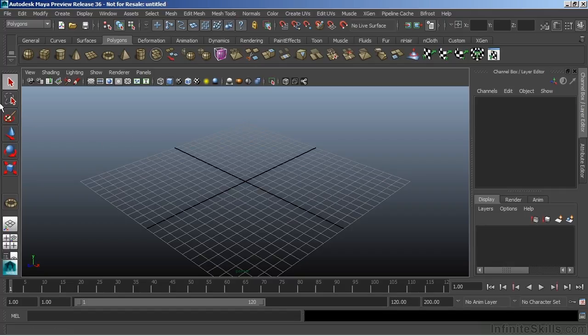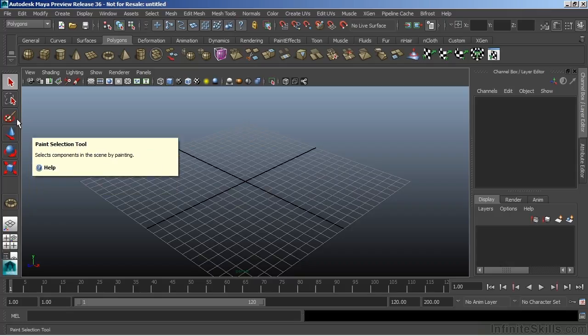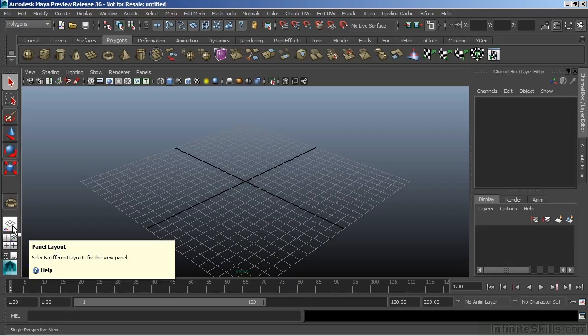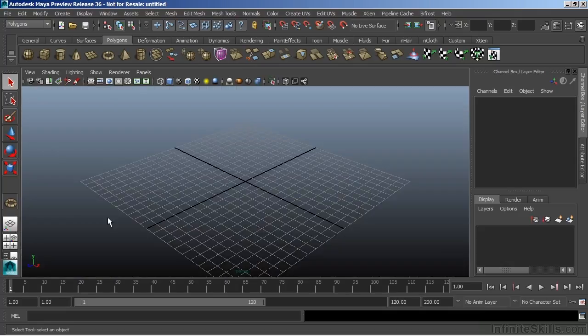Crossing over to the left side of the screen, you'll find the toolbox. The toolbox gives you quick access to selection tools, as well as the transform tools, which allow you to move, rotate, and scale objects and components. Under the toolbox is the quick layout menu. These icons provide shortcuts to most commonly used viewport configurations, such as the 4-view and back to the single perspective